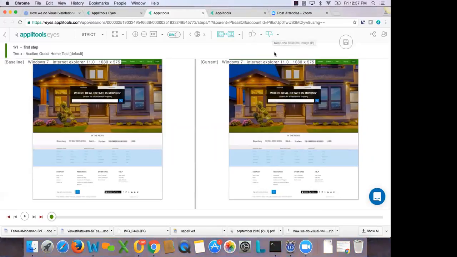Or just go here and say reject, and just keep it as is, the old baseline. And you save the changes, and that's all there is to it, right? Now, I will also show you,